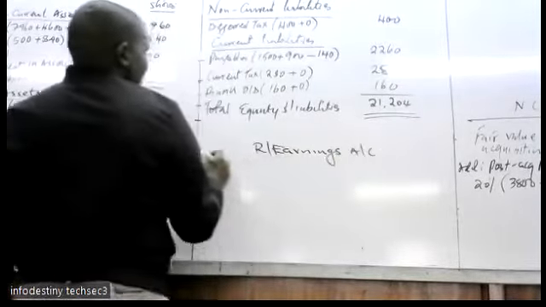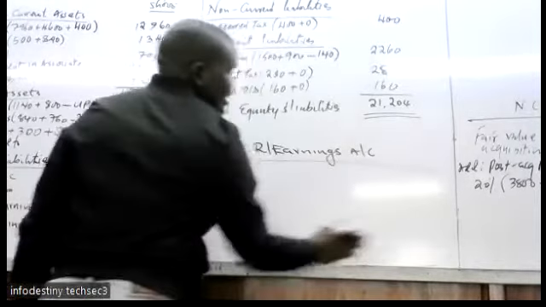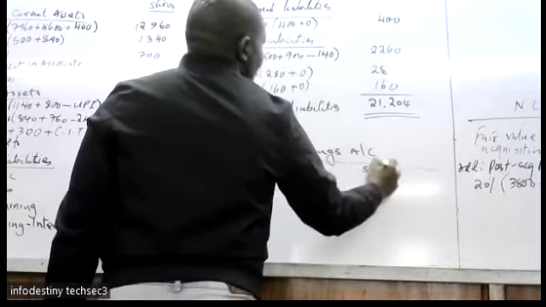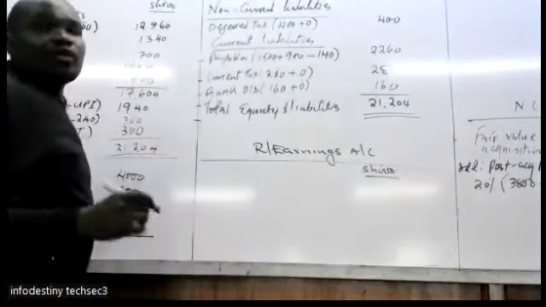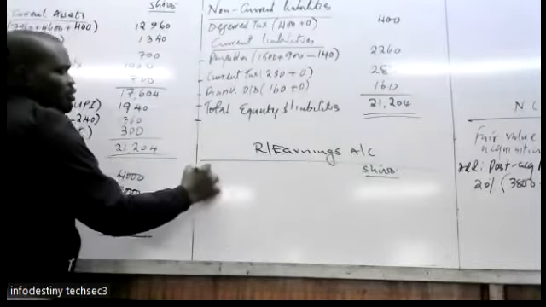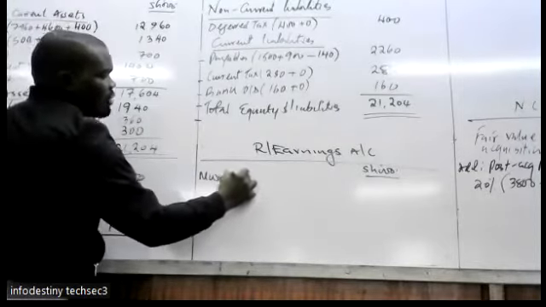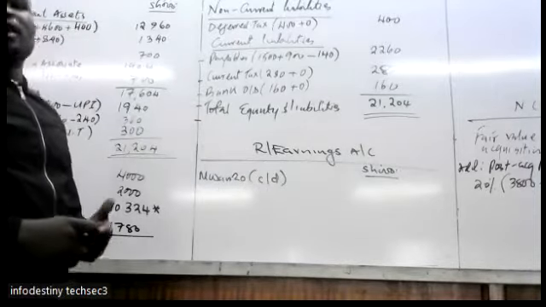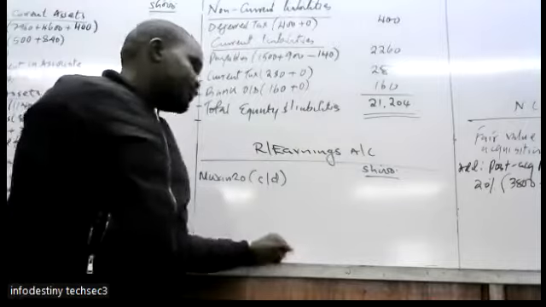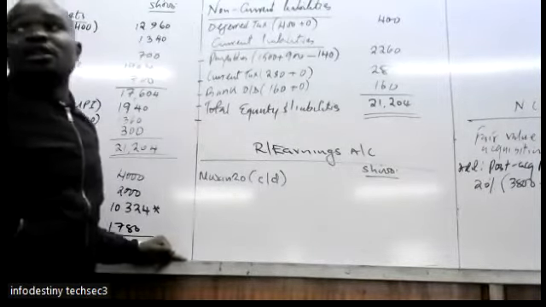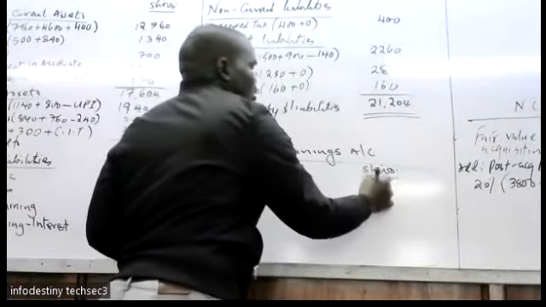Retained earnings account, which we said we will not do today. So what you do, can you pick the retained earnings of the parent? Parent Mwanzo. So Mwanzo, balance sheet. Check their balance sheet, carry it down. How much is the retained earnings of Mwanzo? Is the balance sheet. Okay. 9,000. So it is 9.